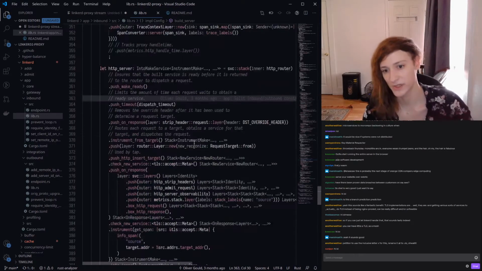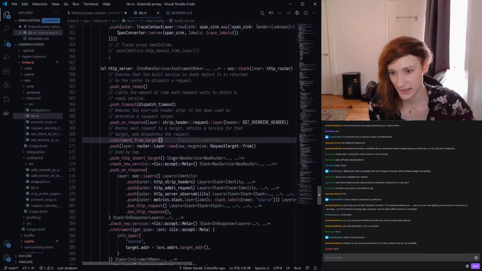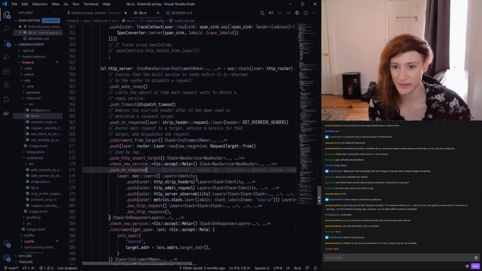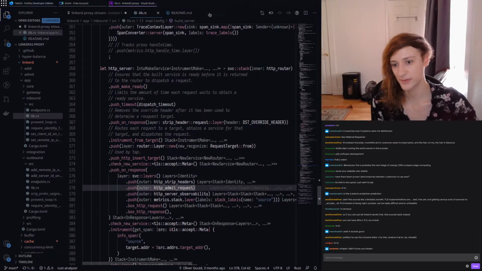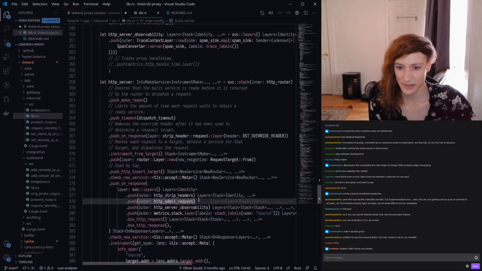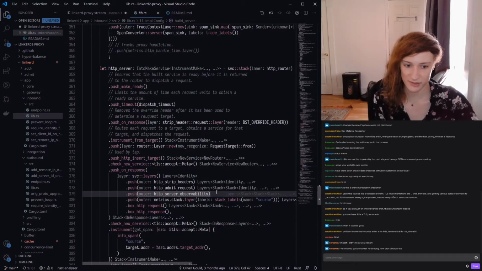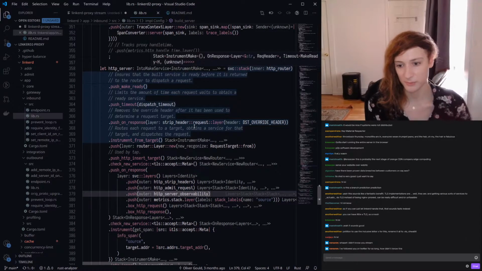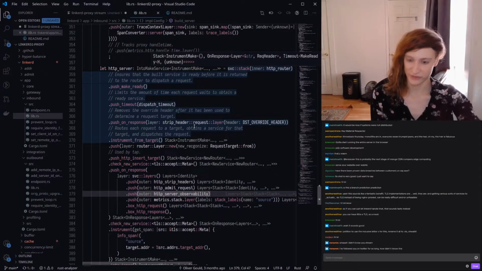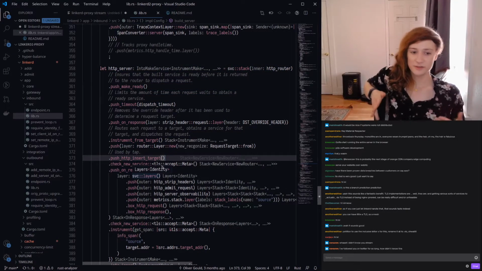And then we have a router layer, a layer that strips HTTP headers, this admit request that we looked at up here, and this HTTP server observability layer that we looked at up here. So we're composing all of this stuff together to build one piece of functionality. And the cool thing about this is that this model is based on composition,